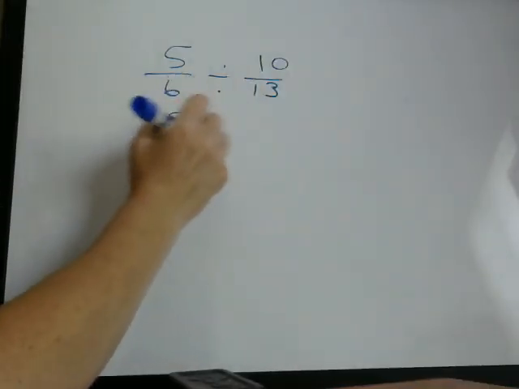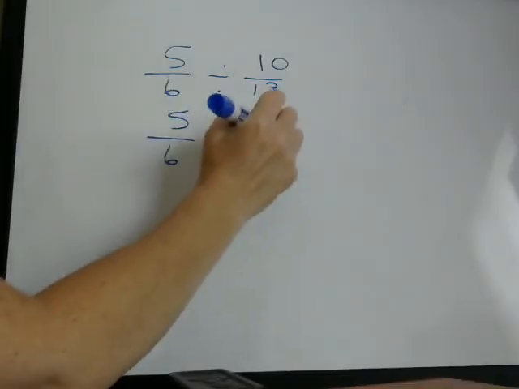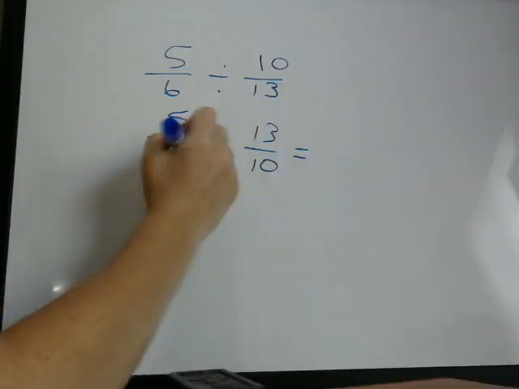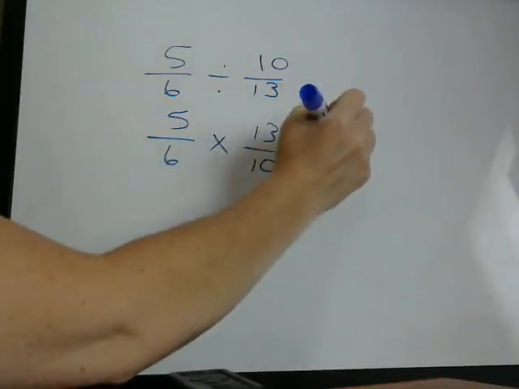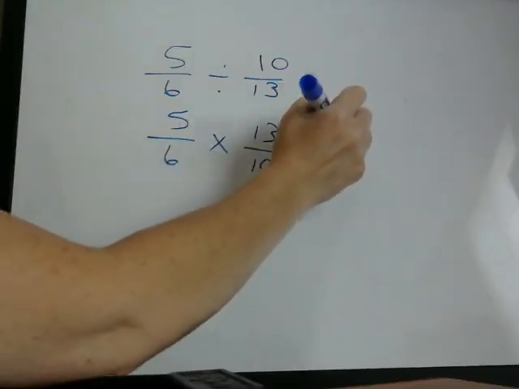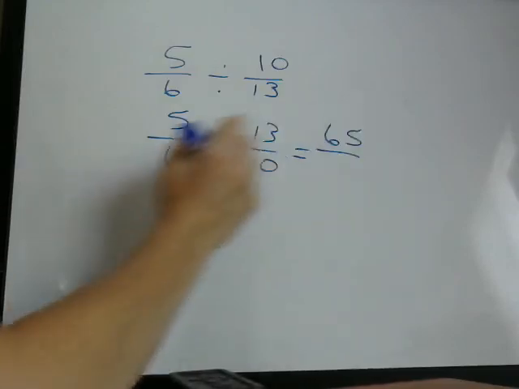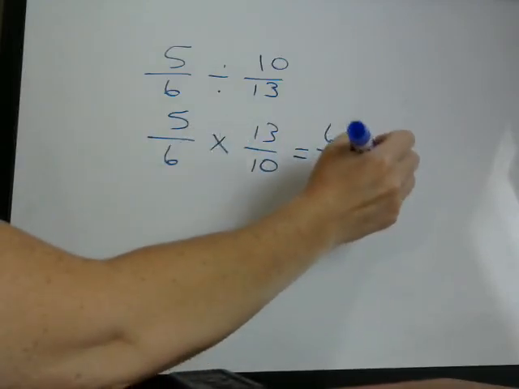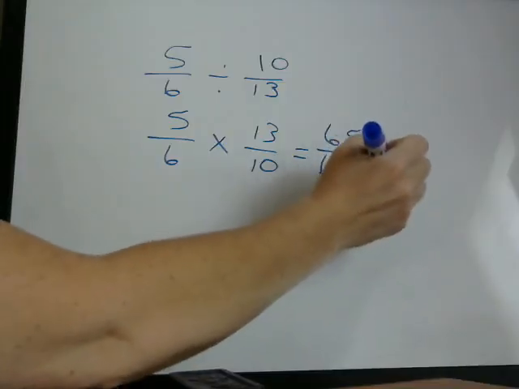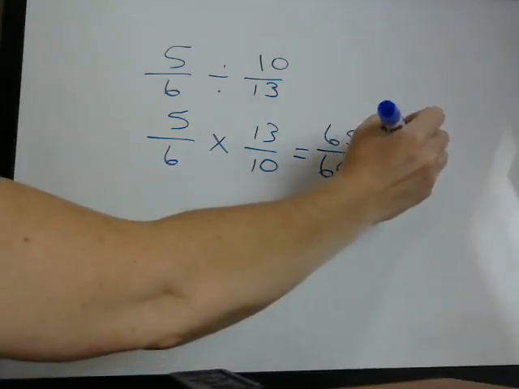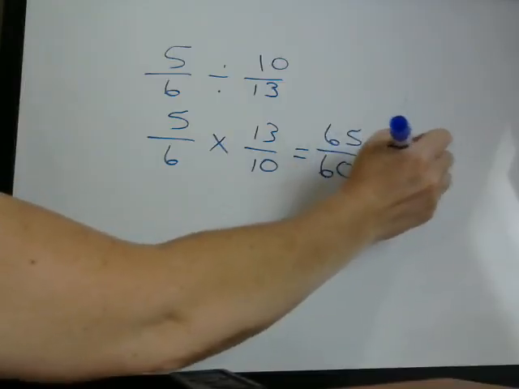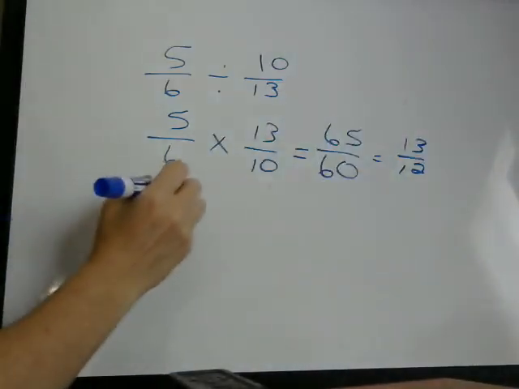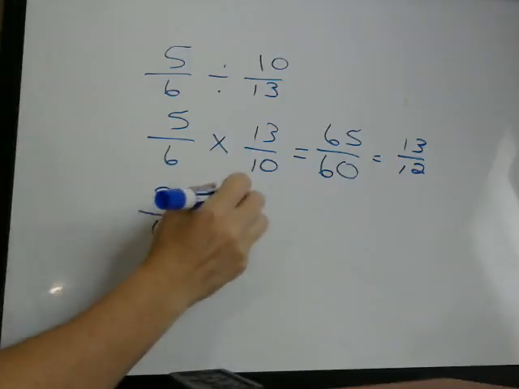So we have 5/6 times 13 over 10. You can do it straight across. 5 times 13 is 65. 6 times 10 is 60. We know that both of those can be divided by 5. So you end up with 13 over 12. Or again, when we get to the multiplication stage,